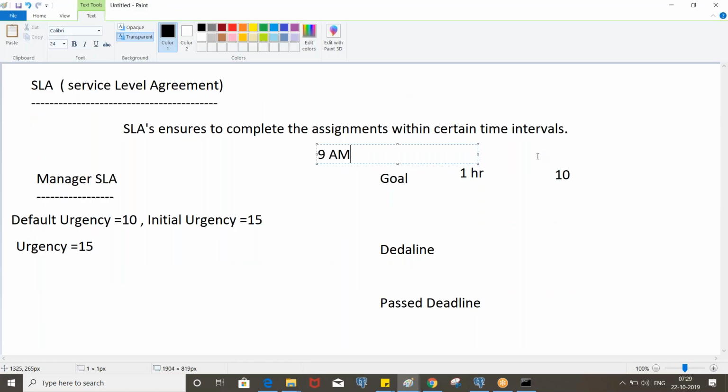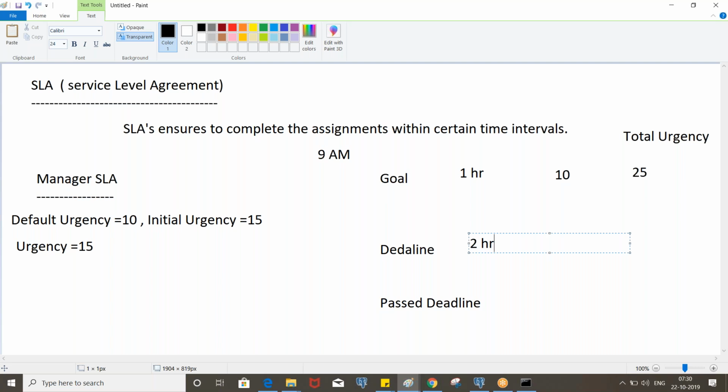That means, what will be the total urgency? 25. Yeah, total urgency will be 10 plus the 15 we already have, 25. Okay, total urgency. Next, let's say deadline is 2 hours, but here both goal time and deadline time will start calculating at the same time.